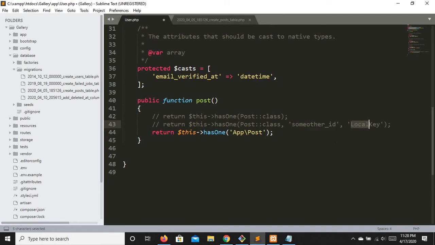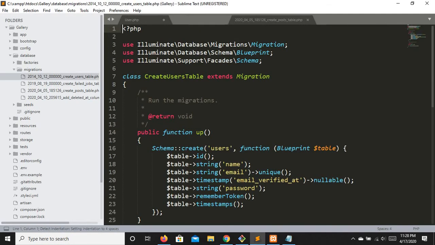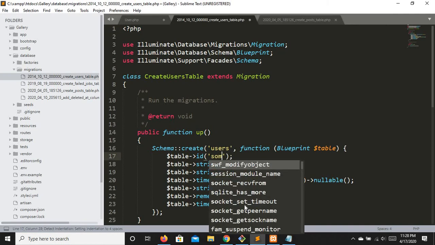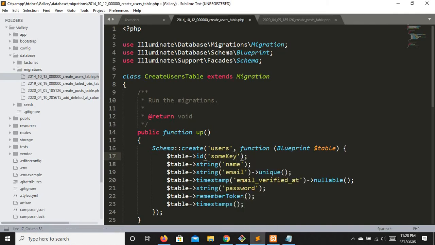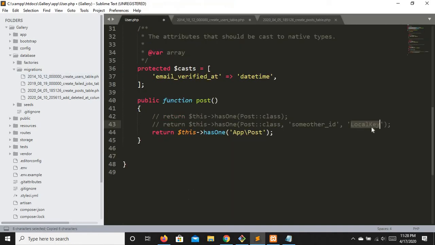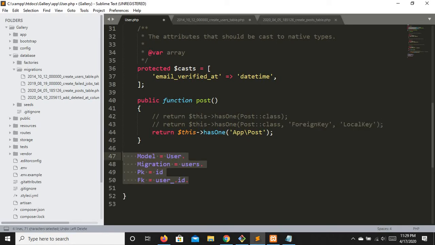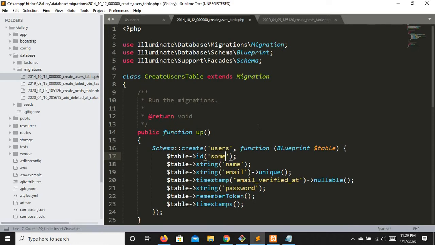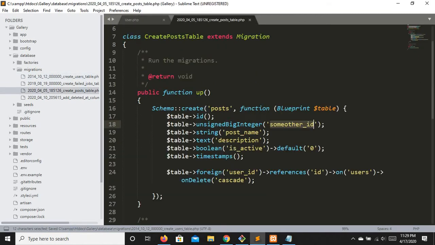And if you are using your own primary key, let's say I made some key, some id, what I will just do is copy it from here and paste it right here, saying that I am using this as a primary key. Okay, so in this case we are not going to do this because we are following Laravel conventions. We don't need that. Okay, I will just save it and I will just revert it from here. Everything looks good, and in the post model I will just revert it to user_id.